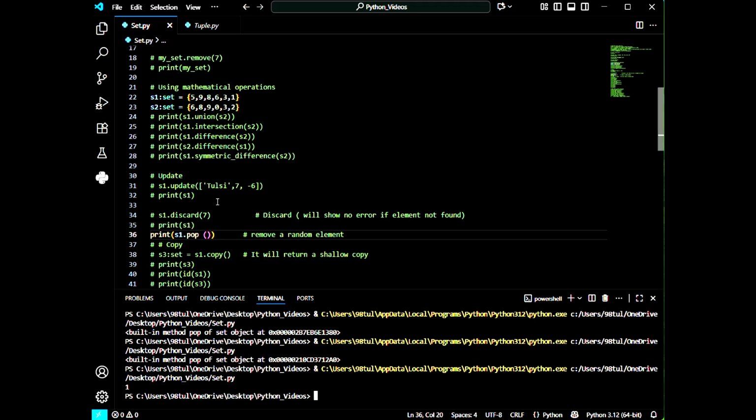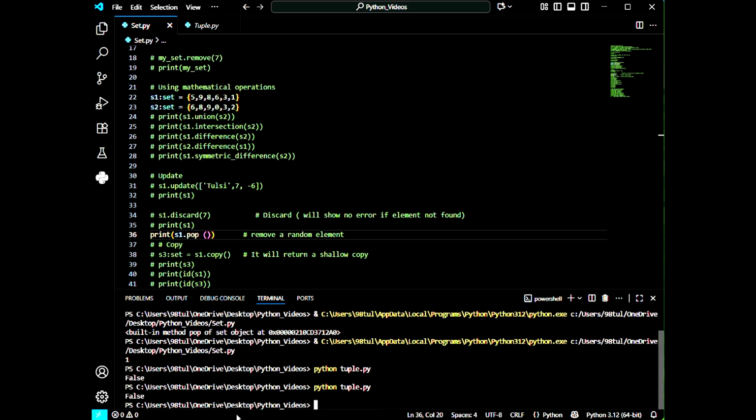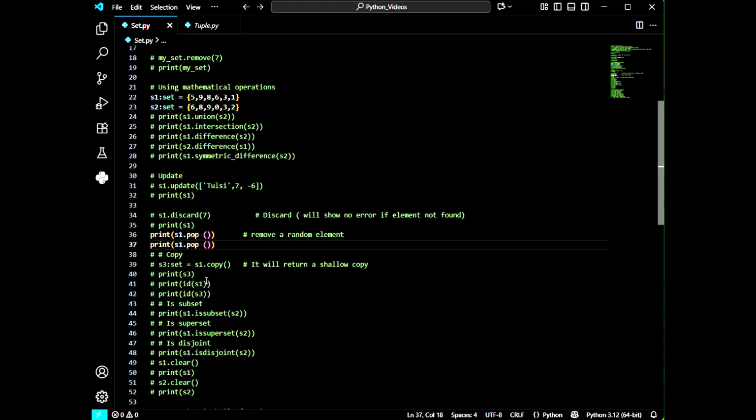That means it removed the element which is 1. And again, if we use the remove function, then see, false. Why is it giving me false? Okay, let me check again. Then false. So let me check what the problem is. Okay, now it is good.